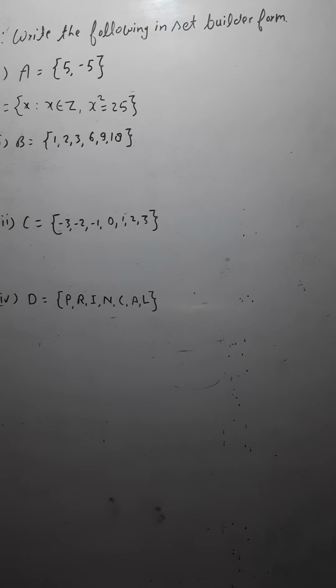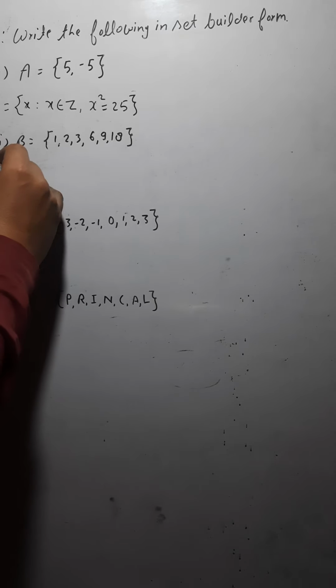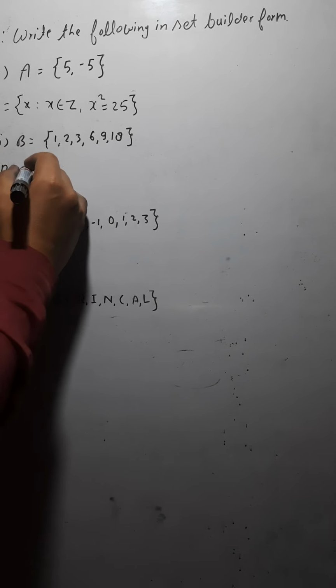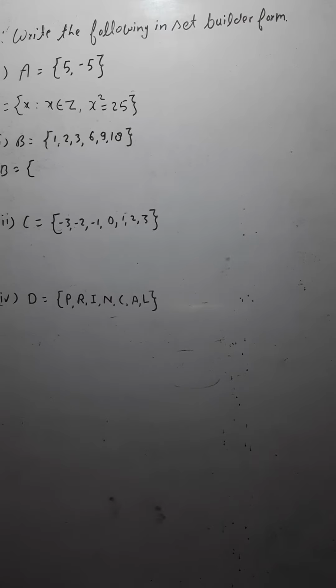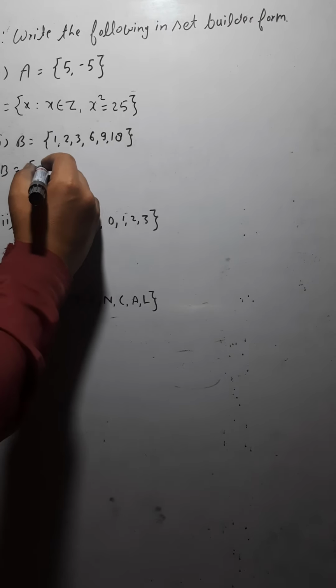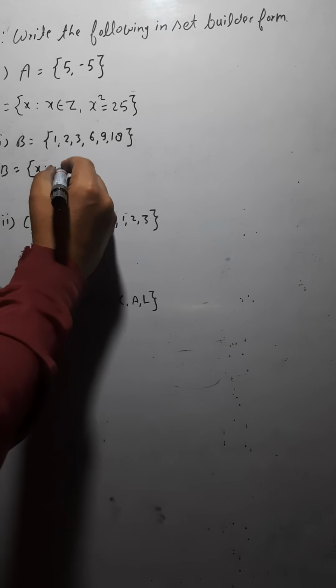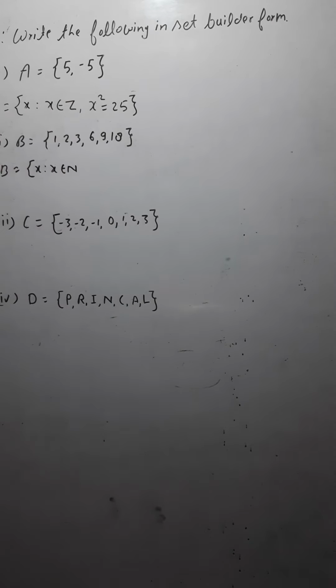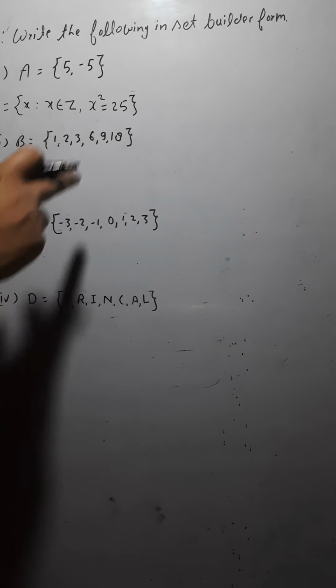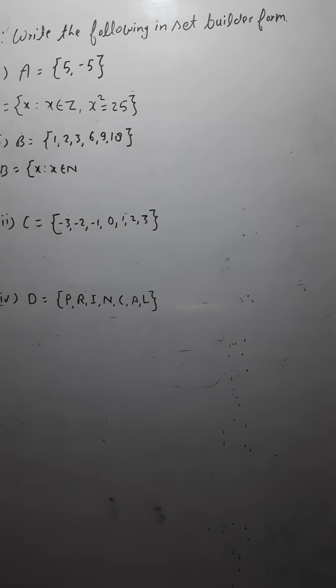Now you have the next question here. You have the set B, and the set B contains some elements there. If you see, 1, 2, 3, 6, 9, 18. So I can write here x. The set B contains as the element x such that x belongs to the set of natural numbers, because all are natural numbers here. But there are many natural numbers. You would have to limit it, because some natural numbers are missing here, like 5 is missing, then 7 and 8 are missing. Many natural numbers are missing here.